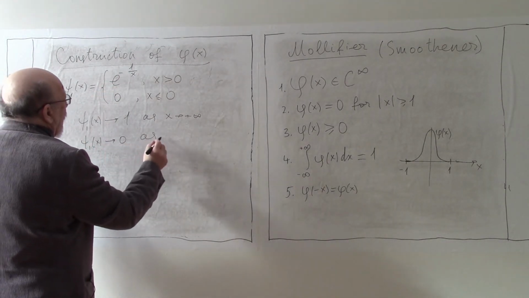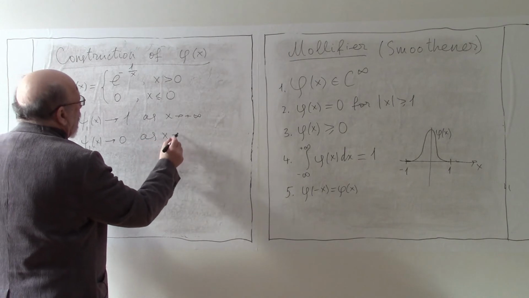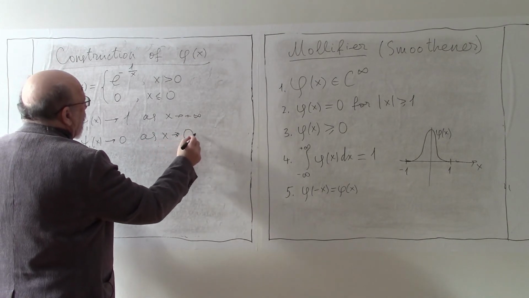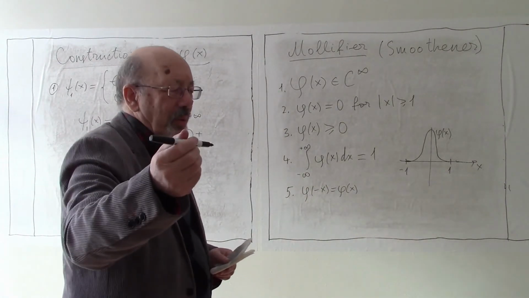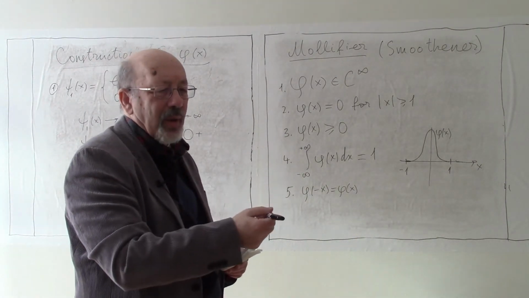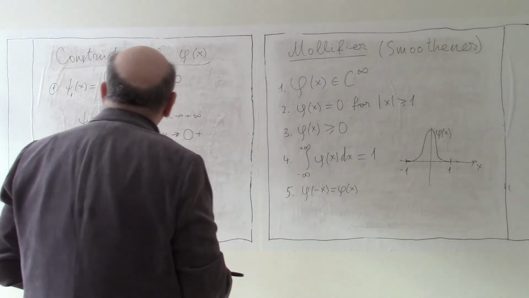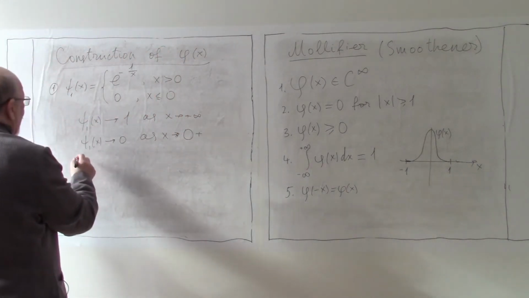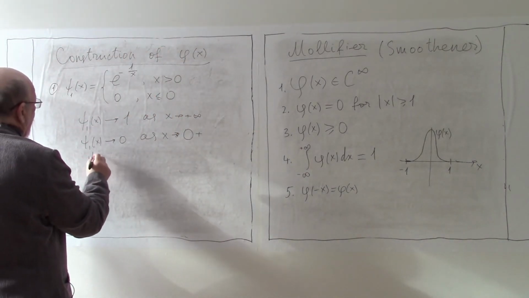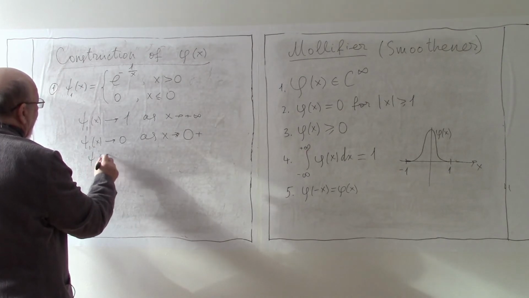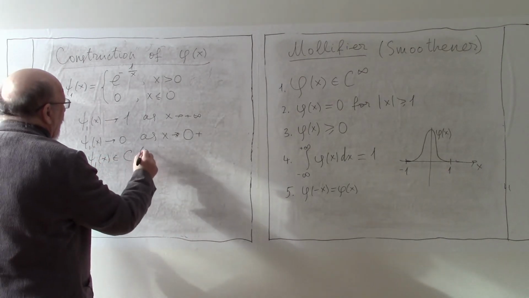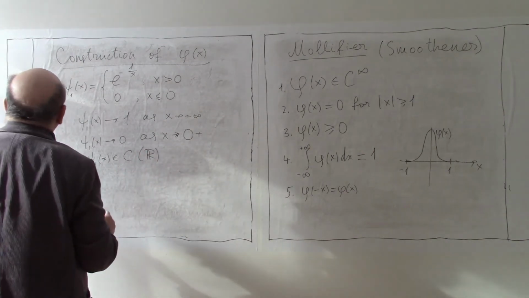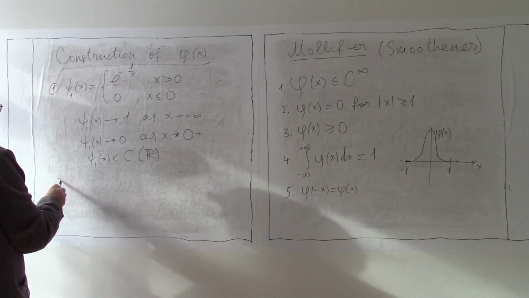0 as x goes to 0 plus. 0 plus means that it goes to 0 from the right, from the positive direction. So this means that psi1 of x is a continuous function on the whole line. It is the first. Second,